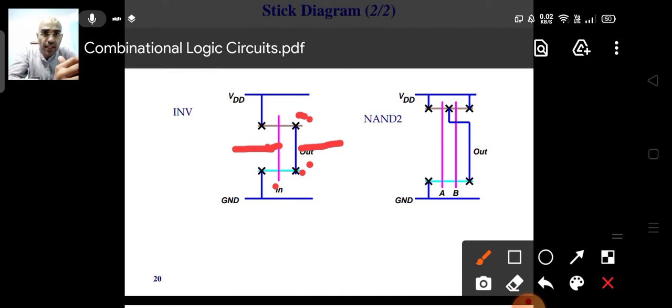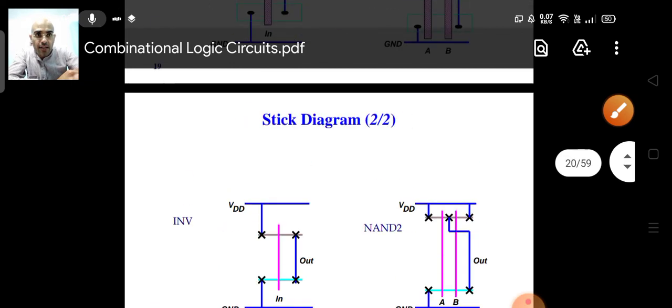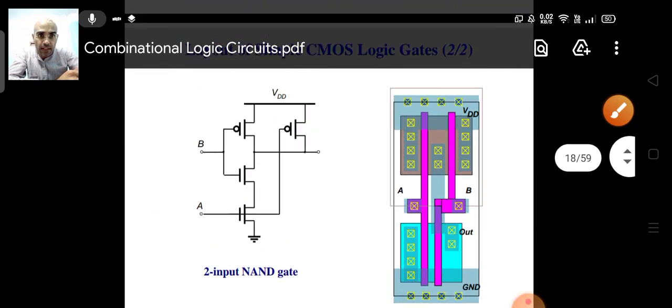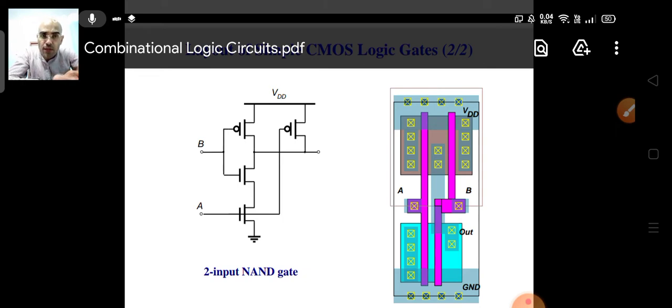On similar lines, you can make the stick diagram for, let's say, a NAND gate. So in a NAND gate, what happens? Your NMOSes are in series, right? And your PMOSes are in parallel. As in this diagram, you can see that two NMOSes are in series, whereas two PMOSes are in parallel. The gate of one of the NMOS and PMOS is connected together,